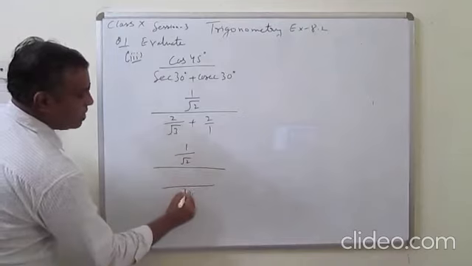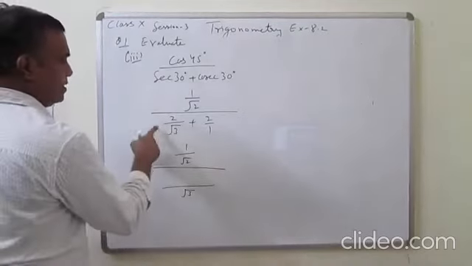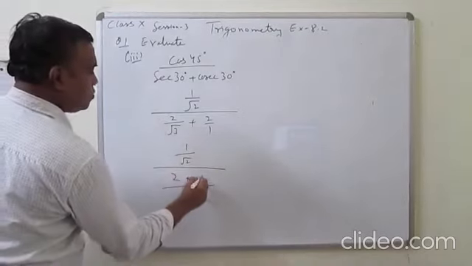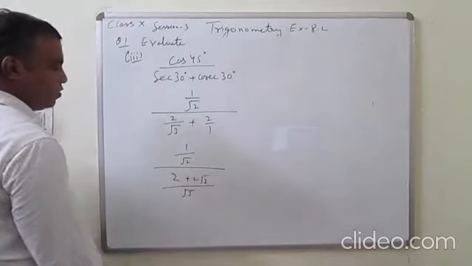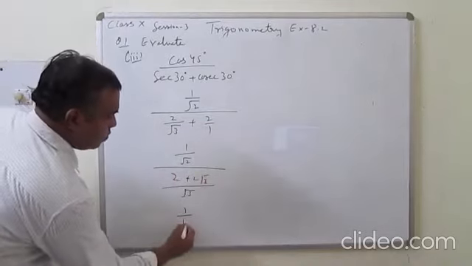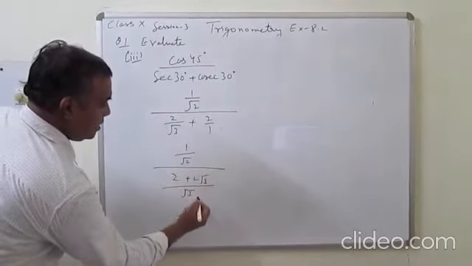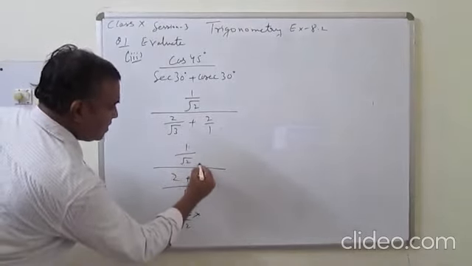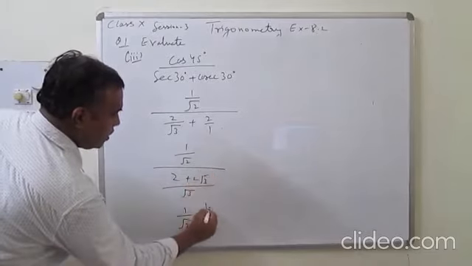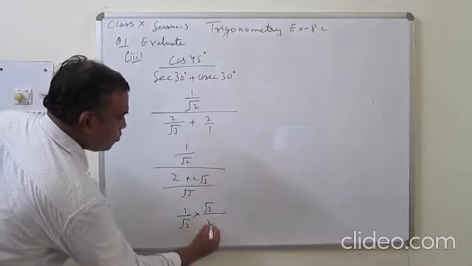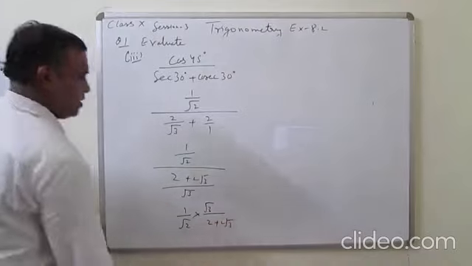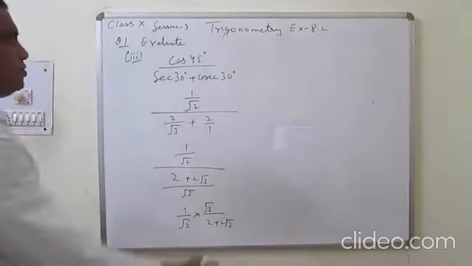√3 is the LCM. It is 2 plus 2√3. Now you multiplied it. 1 upon 2. First and third term multiply, and second and third, first and fourth. √3 upon 2 plus 2√3. So it becomes